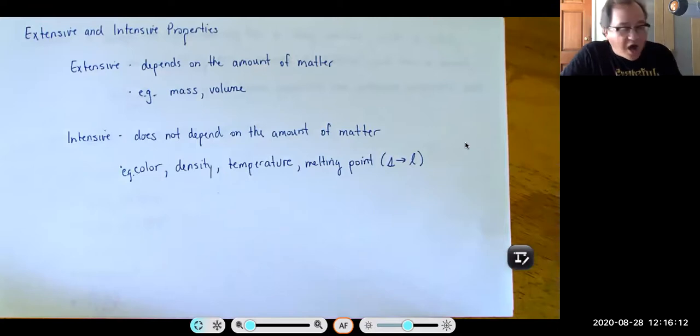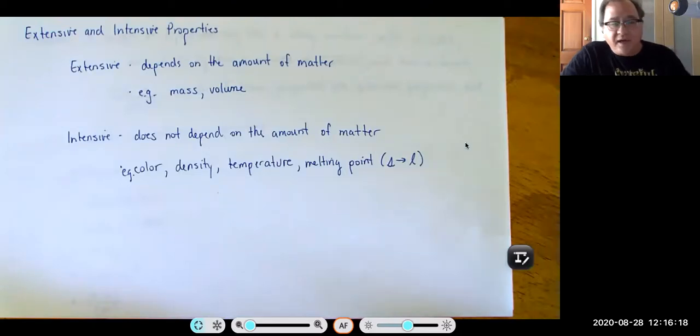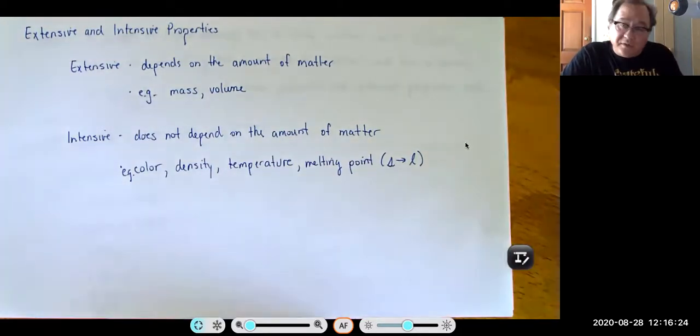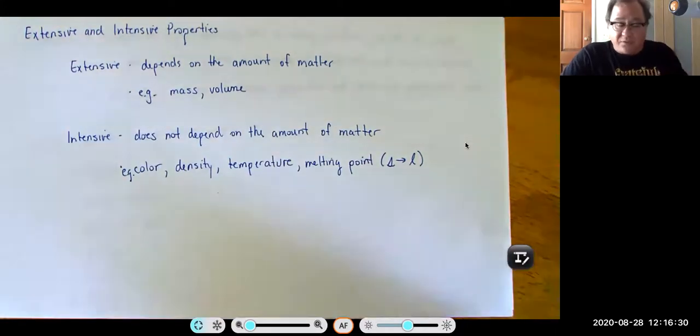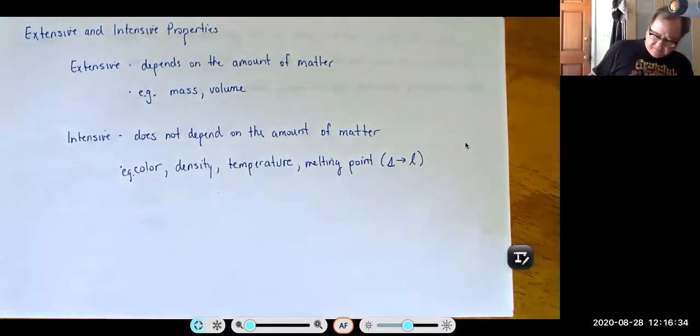Here are more common intensive properties that depend only on the type of matter, not on the amount. The color: a little bit of gold is gold colored, a lot of gold is gold colored. Density: a little bit of gold is more dense than water and it'll sink in it. A lot of gold is the same density, it'll sink in water. Temperature, boiling point, and